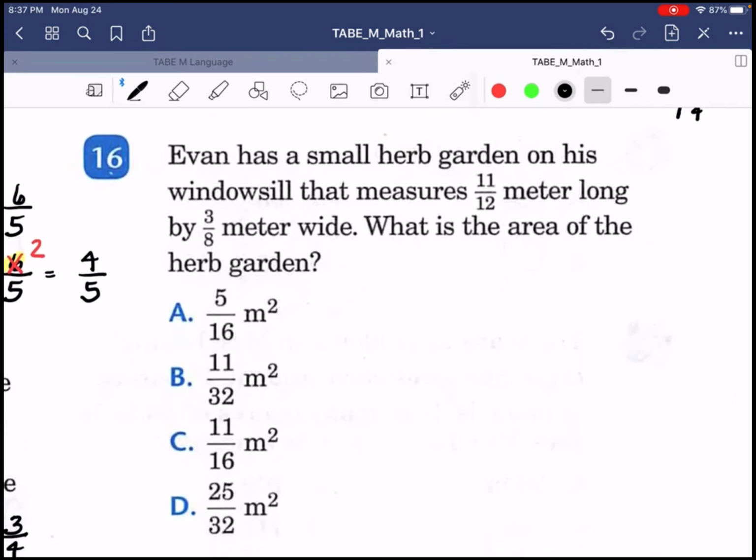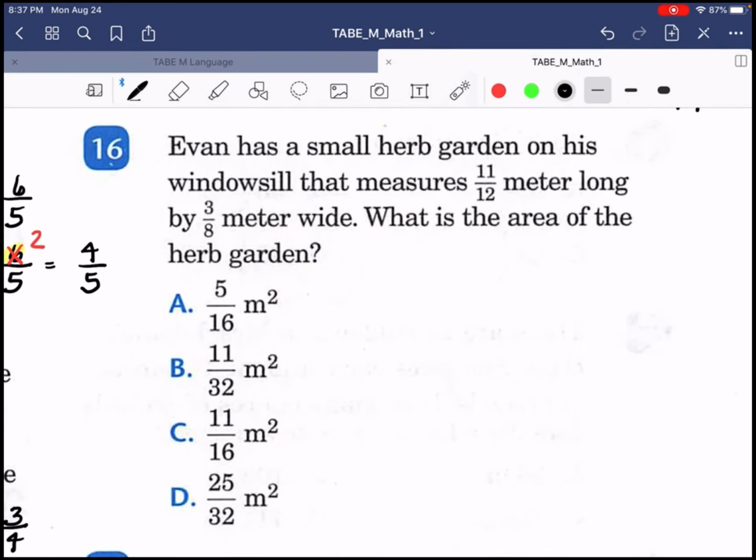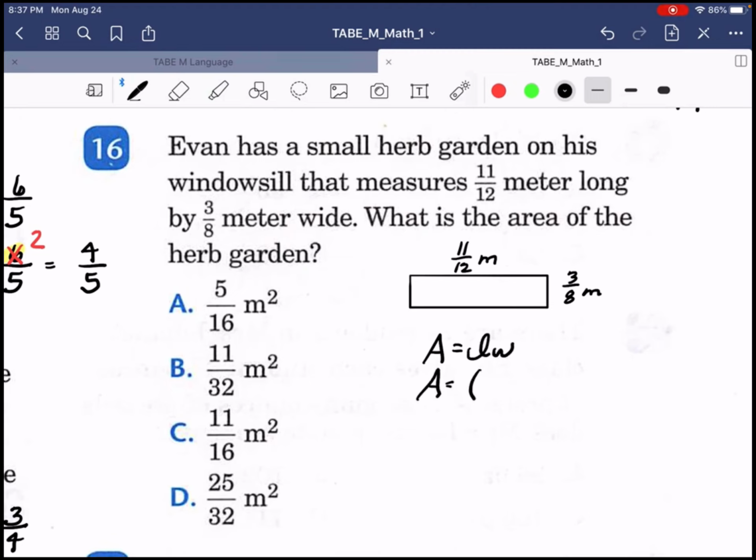And number 16. Evan has a small herb garden on his windowsill that measures 11/12 meter long by 3/8 meter wide. What is the area of the herb garden? So again, I'm sketching a picture. Pictures help me tremendously with geometry. And then I will write my formula, area equals length times width. And I will put in the